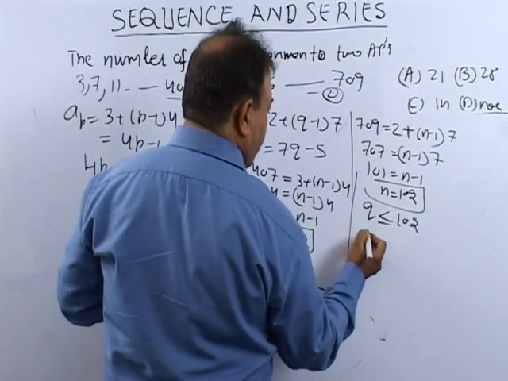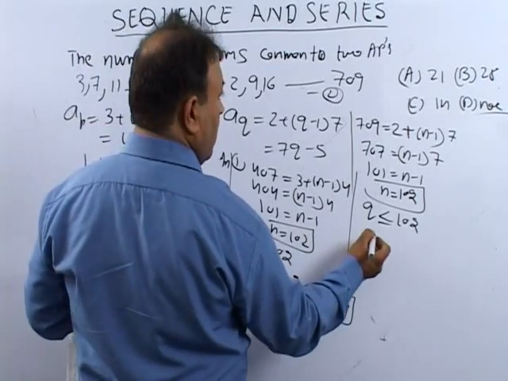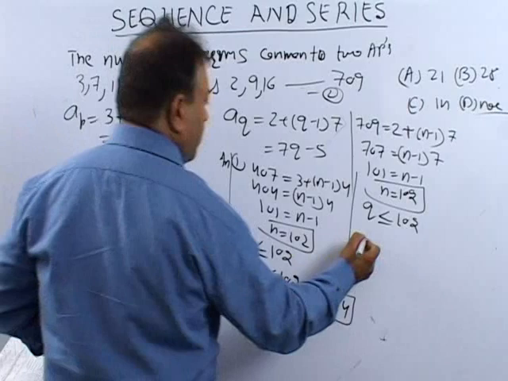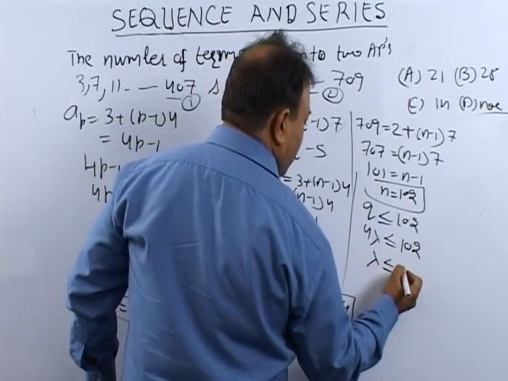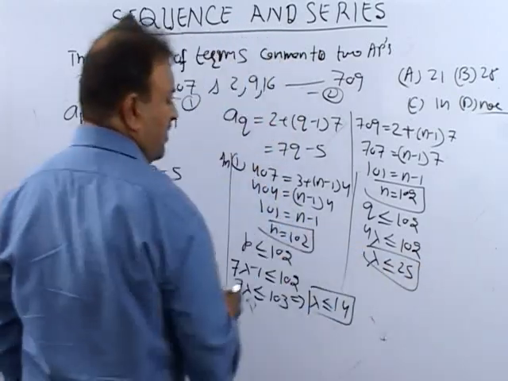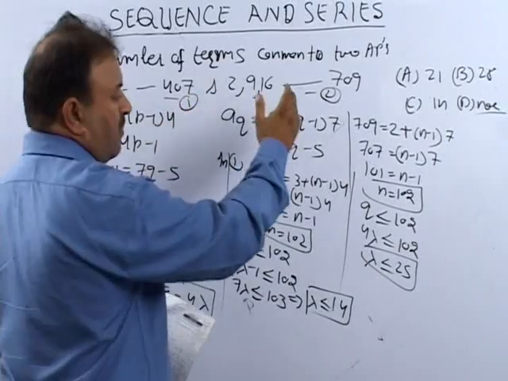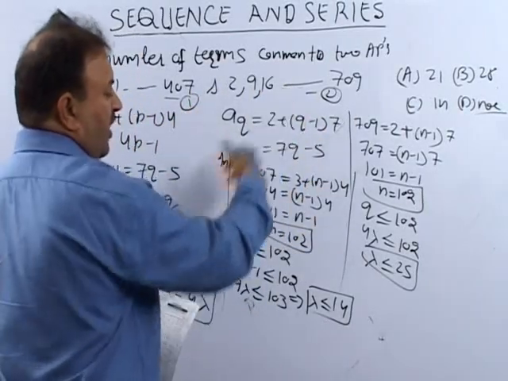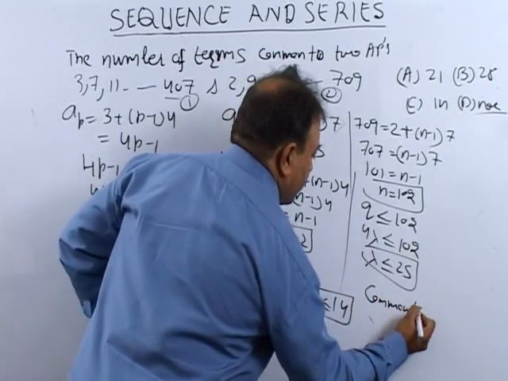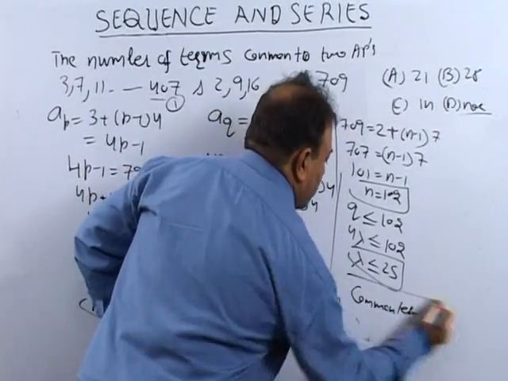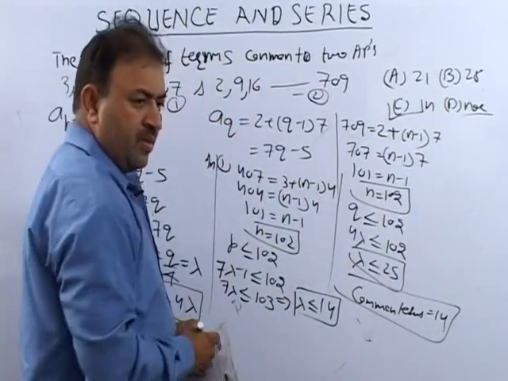It comes out to be here Q. What is Q over here? This is the value we have found out, 4 lambda. 4 lambda is less than 402, lambda is less than, it is 25. So what does it mean? एक में जो common terms आ रही हैं 14 आ रही हैं, एक में 25, मतलब it's not 25 exactly, the common terms comes out to be 14. So the right option is C part.